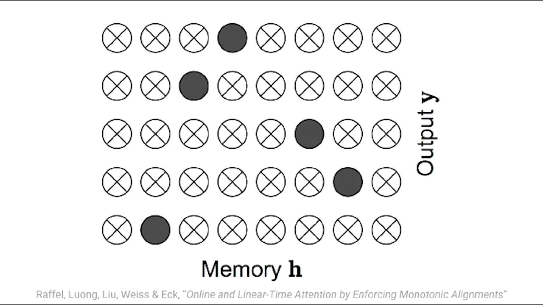And so taking the weighted average of the memory corresponds to computing the expected output of this sampling operation. So in some sense, we can view attention as optimizing this particular stochastic process in expectation. It's also clear that for each output time step, the decoder has to make a pass over the entire input sequence. So it has to inspect every entry in memory at each output time step. And this results in a quadratic time complexity, and also makes it so that you can't use it in online settings